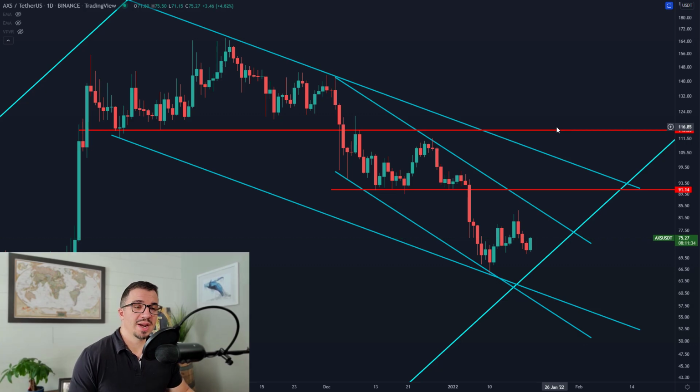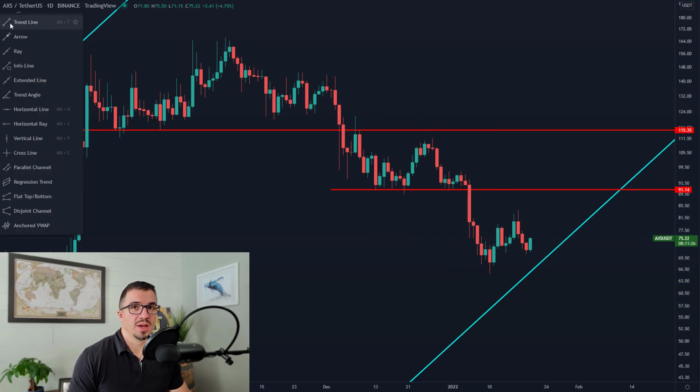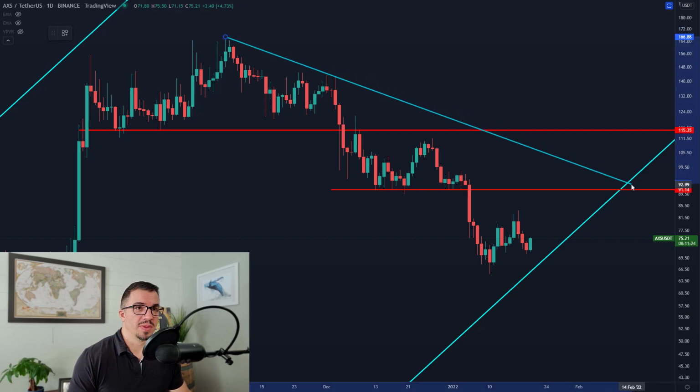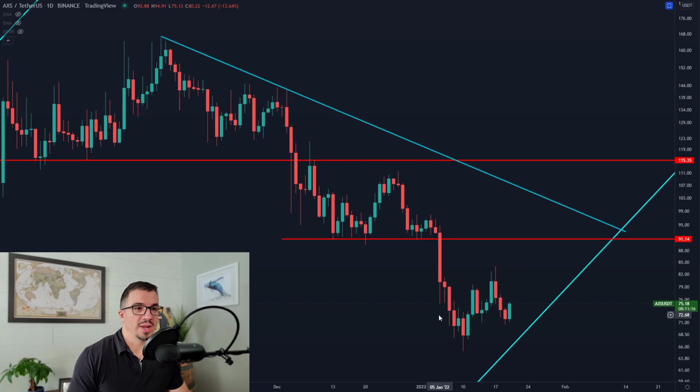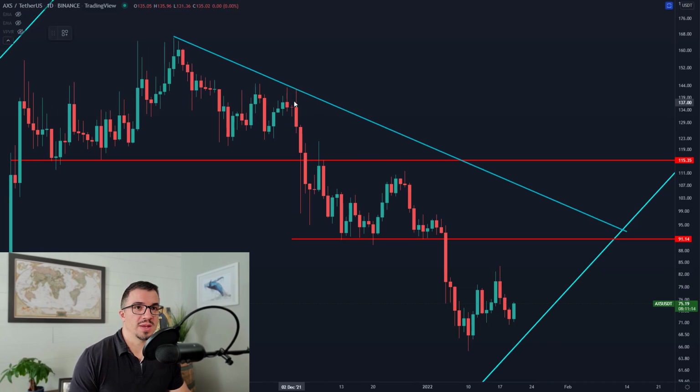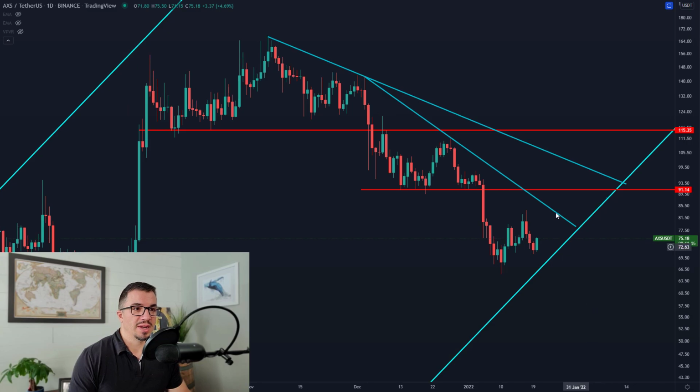Now, we can simplify this so it doesn't look quite so crazy. Instead of drawing these as channels, we can just remove these because support isn't going to be that significant, simply because to move down to those support levels, the market would be breaking below that ascending channel. So we can remove those just to keep the chart a little bit clean and draw it like this.